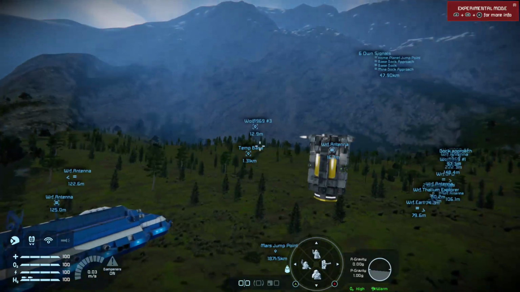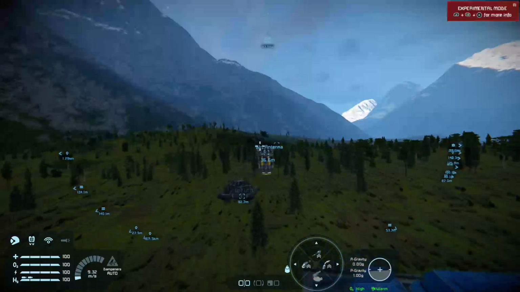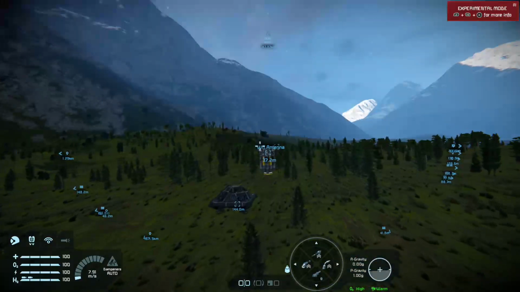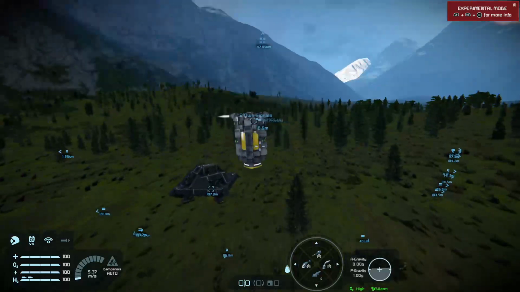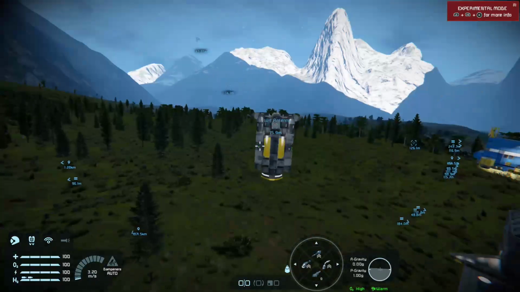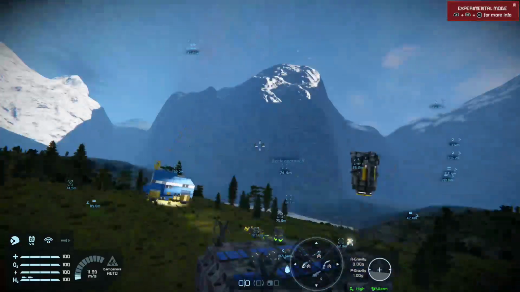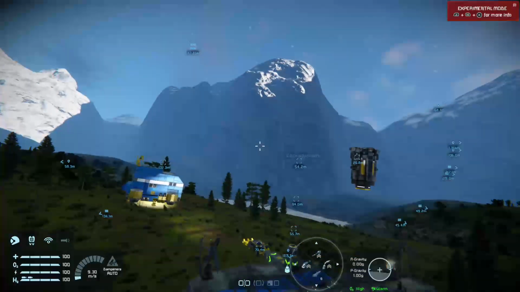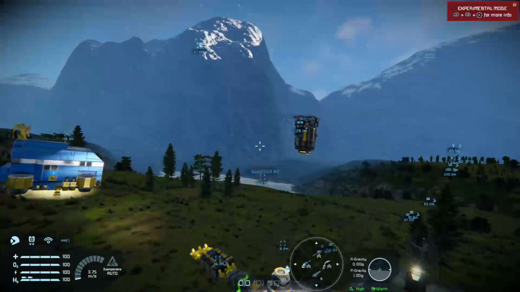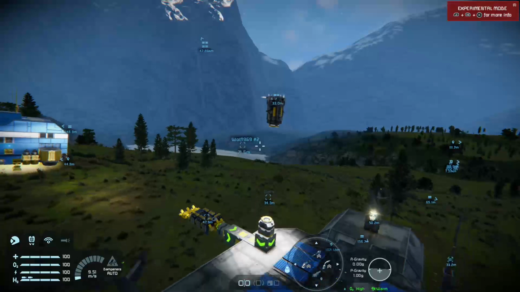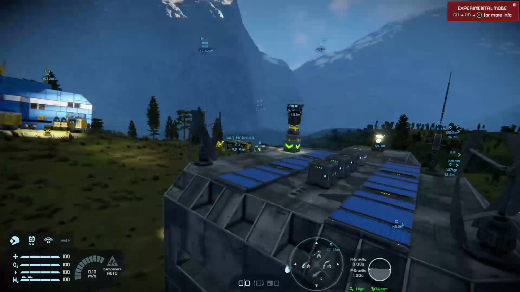So aim at it, hold down both bumpers, and press Y. You will now lock your dampeners to the object you have in your crosshair. Now you can move around this object like this, but your thruster dampeners on your suit will automatically track and follow the object in motion, moving you up, down, left, right.